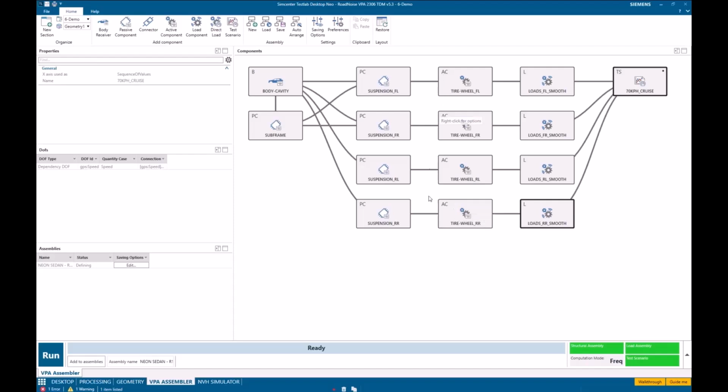And then these are connected to these passive components, and you see suspension front left, front right, rear left, and rear right. And then that suspension connects either to a subframe, which is another passive component, right? No forces are being generated in the subframe or the suspension. And these both connect to the body.